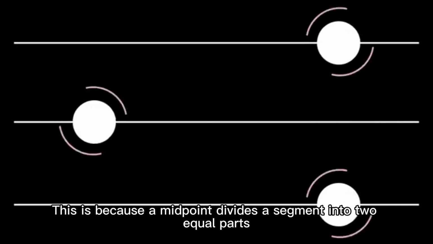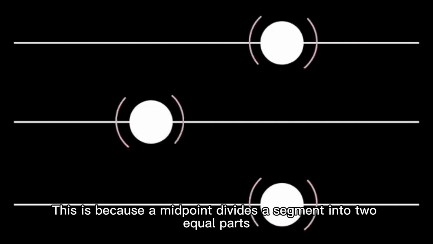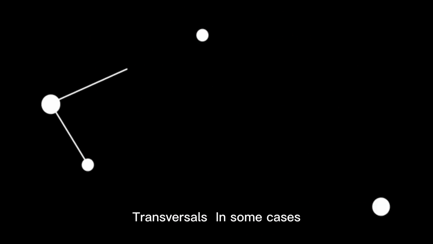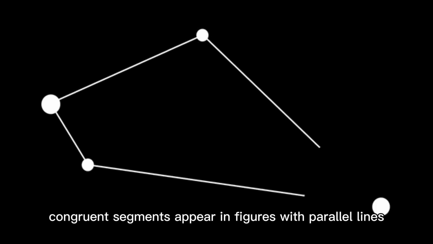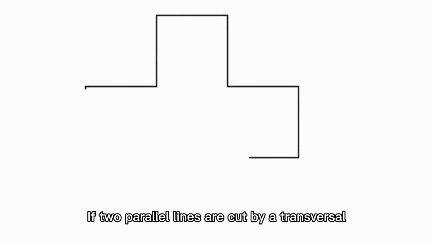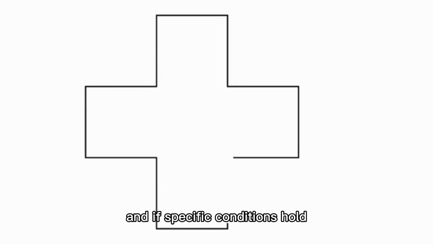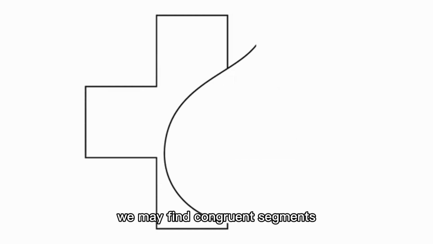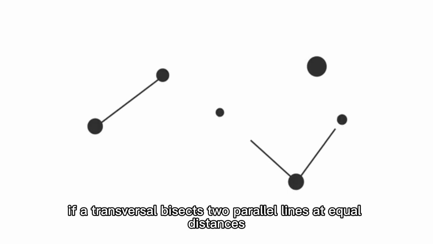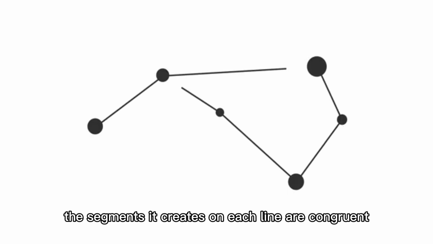SM ≅ MT. This is because a midpoint divides a segment into two equal parts. Parallel lines and transversals. In some cases, congruent segments appear in figures with parallel lines. If two parallel lines are cut by a transversal, and if specific conditions hold, we may find congruent segments. For instance, if a transversal bisects two parallel lines at equal distances, the segments it creates on each line are